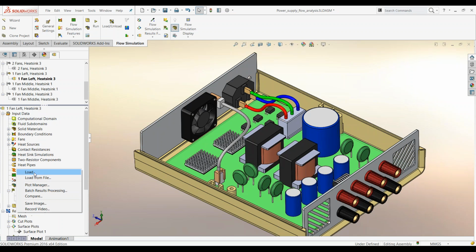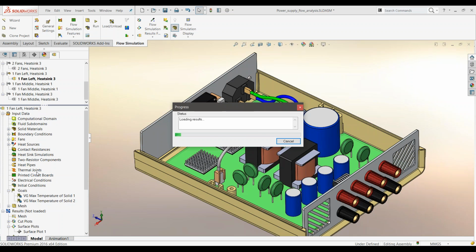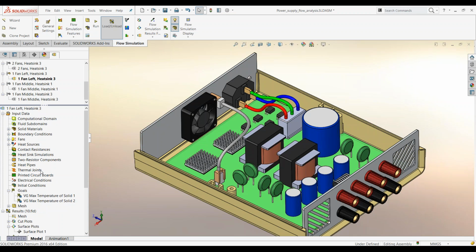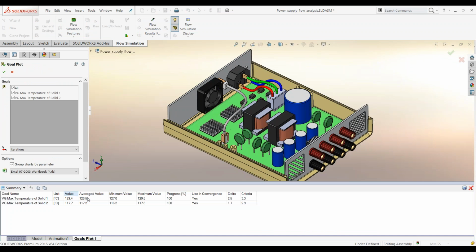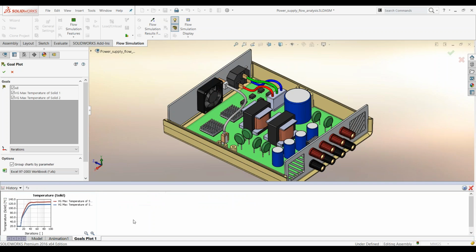One fan scenarios with different positions. And quickly go through it again, looking at the results. The temperatures are slightly lower with the new positions, but still it does not achieve the temperature objective that